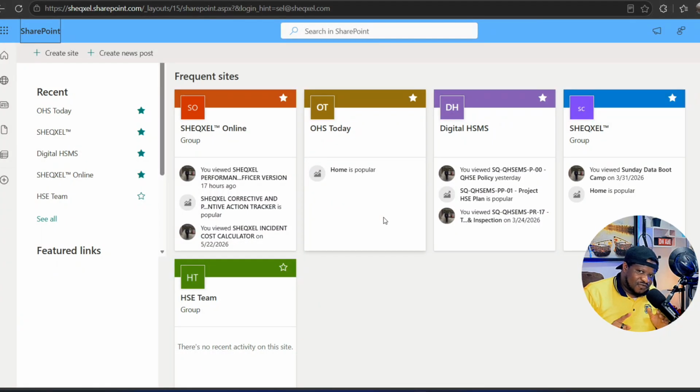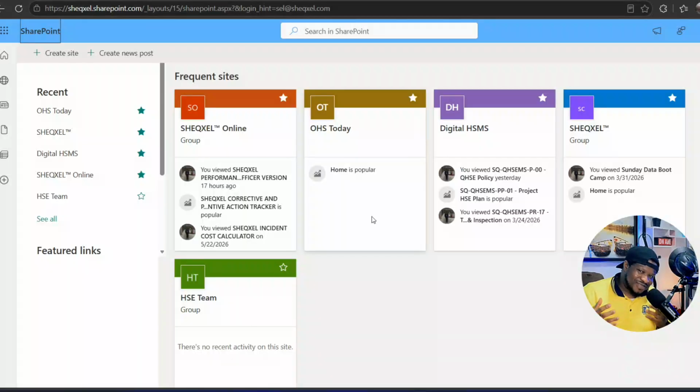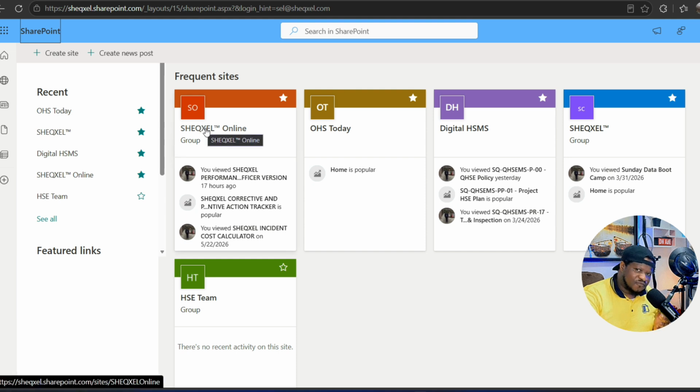All right, so this is very, very important in our drive towards digitization, because what it means is that every time we have working tools, it is really important that we create a site and load them in there, just because we won't be able to have access to them within Microsoft Teams, which is very, very good for collaboration. So in my next video, I'm going to be showing you how you can leverage various Excel templates, keep them in the dedicated folder so you can actually have access to each one of them within Microsoft Teams. And Microsoft Teams is going to provide us with a controlled data entry system, which I'll be sharing with you in the next